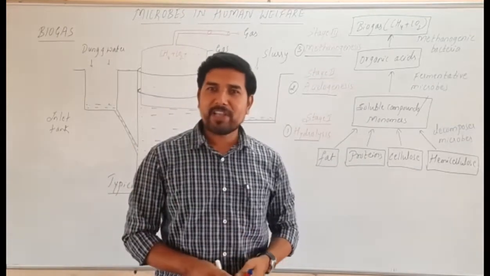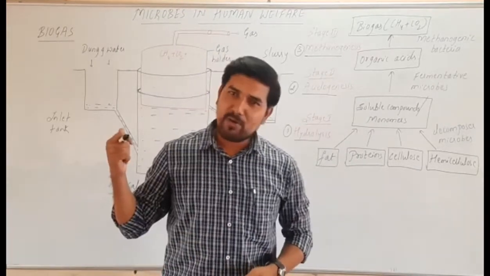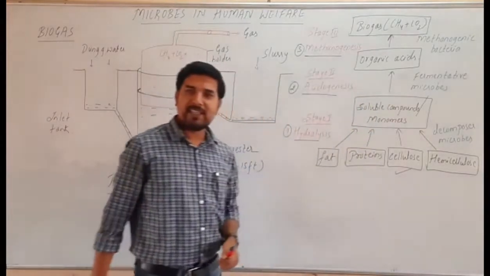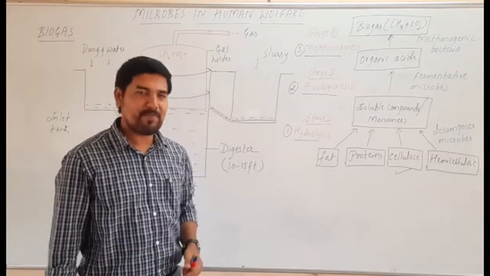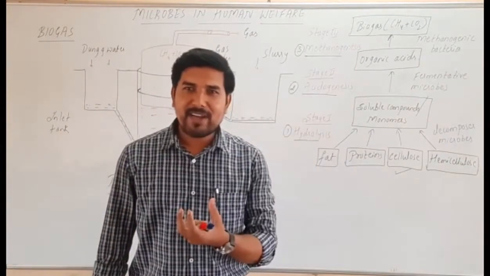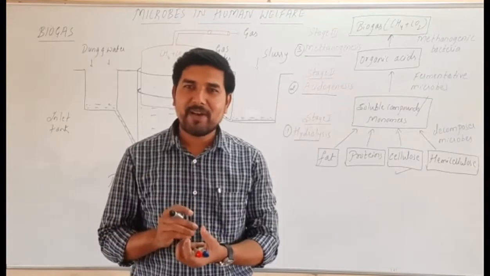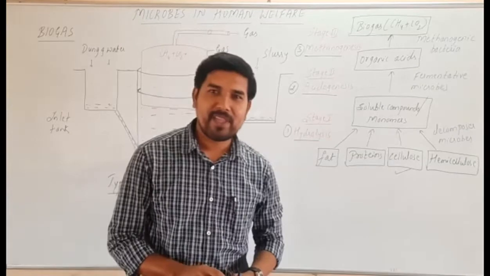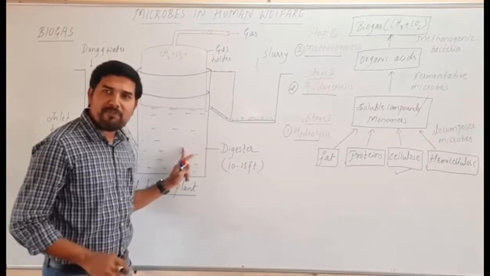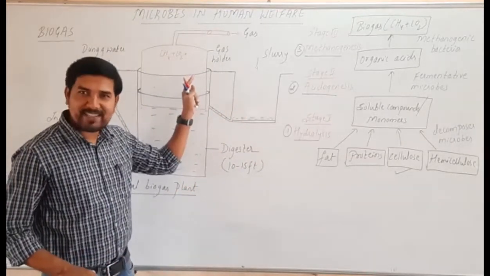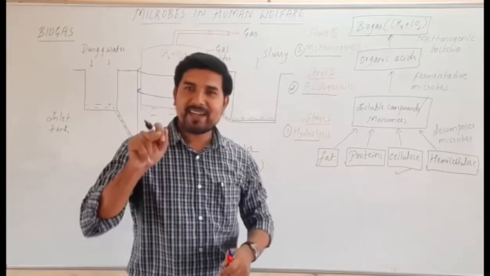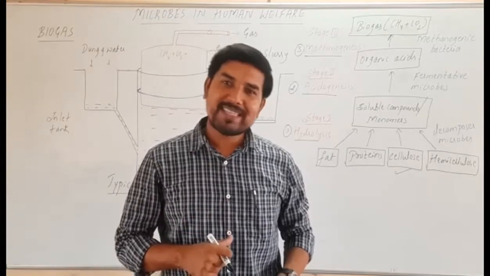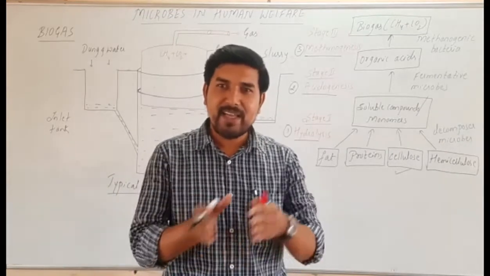Here in the biogas plant, the raw material we use is cow dung. The cow dung consists of cellulose. Now, the cow dung consists of a bacteria called methanobacteria, which we call methanogens also. With the help of methanogens, we are producing biogas. But the same bacteria are also present in the rumen of cattle. Rumen is a part of the stomach or the gut region in the cattle.